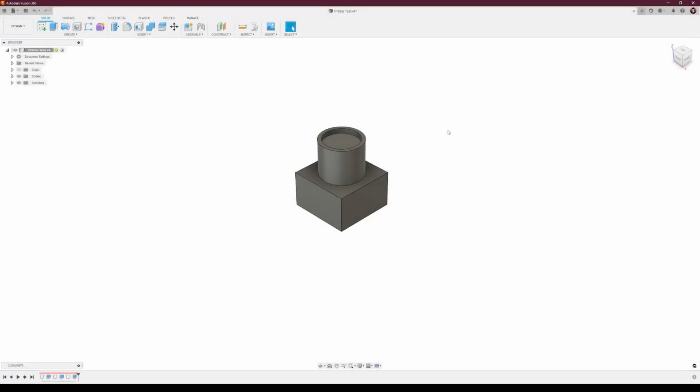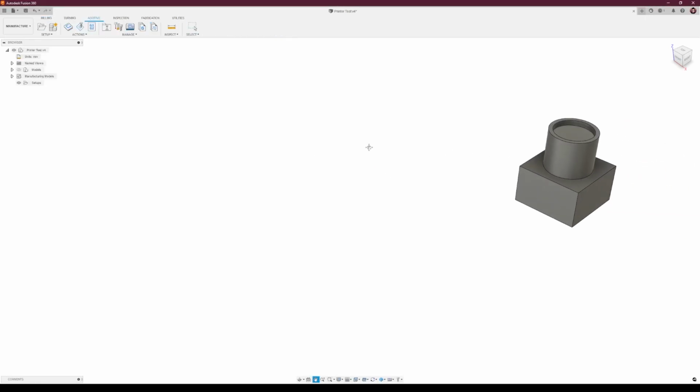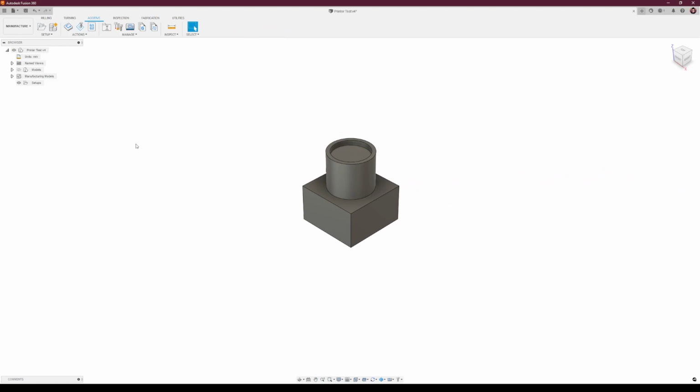In this video, we're going to be taking a look at Fusion 360's 3D printing or additive manufacturing toolset. In order to access the manufacturing toolset, we need to come up here and change our design workspace to the manufacture workspace. Once we do that, our ribbon across the top will change to give us a number of options when it